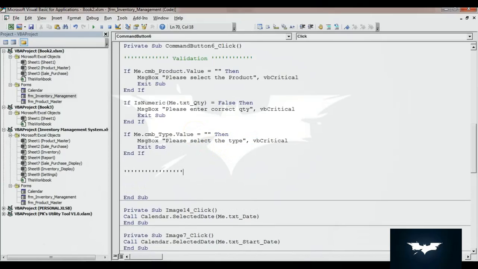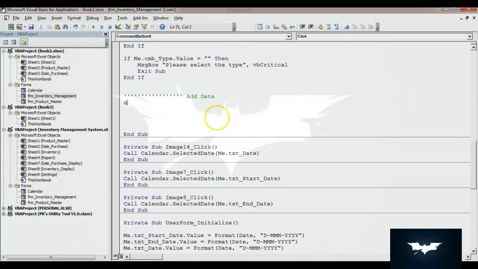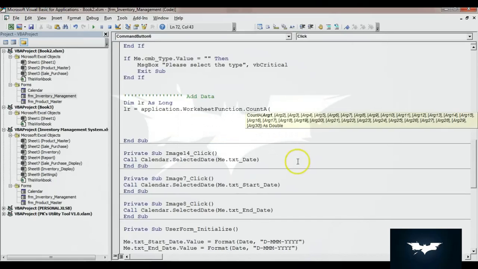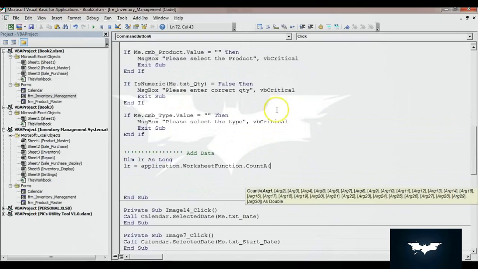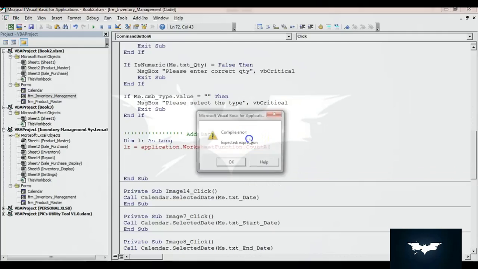We can simply add the data now. To add the data, first we will take the last row. So I'm just taking a variable Dim lr As Long, and I'm taking lr equal to Application.WorksheetFunction.CountA, and I will use the count from the Sale Purchase column C. So before putting this, we have to take another variable.